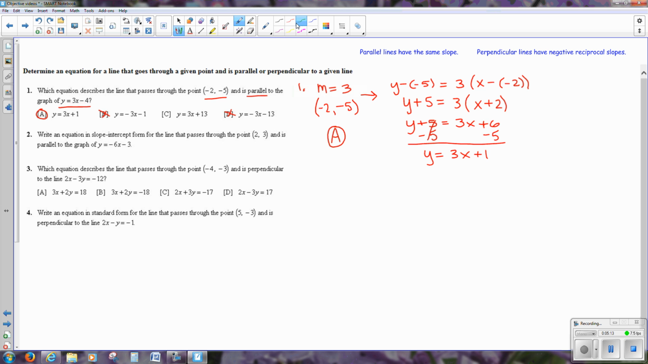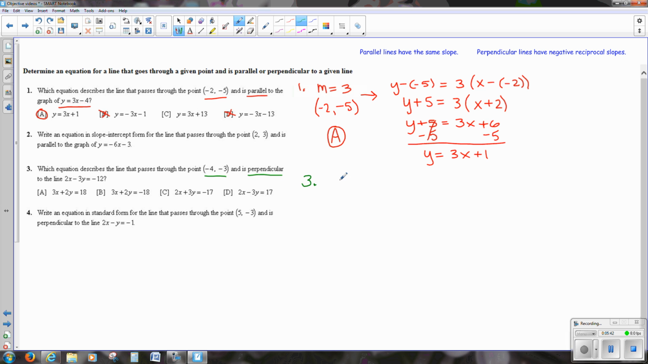So let's go ahead and skip over to number 3. We'll take a look at that one. That one is a little bit different. Which equation describes the line that passes through the point? Again, we have a point, but this time they want it to be perpendicular to this line. And if you notice this time, this line is in standard form. There's no way to just look at that and tell immediately what the slope is without doing a